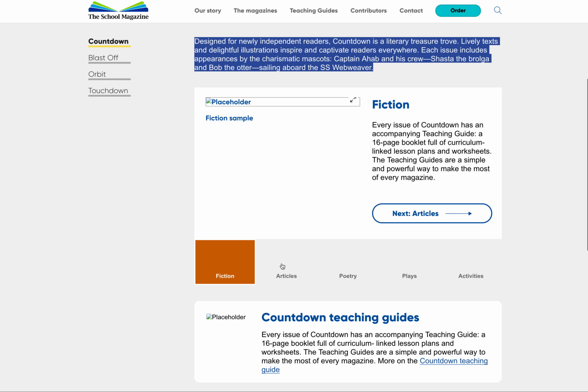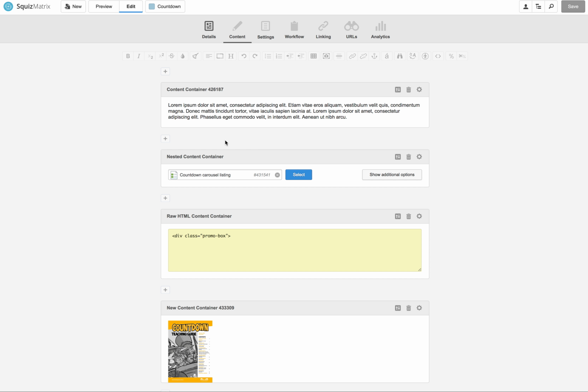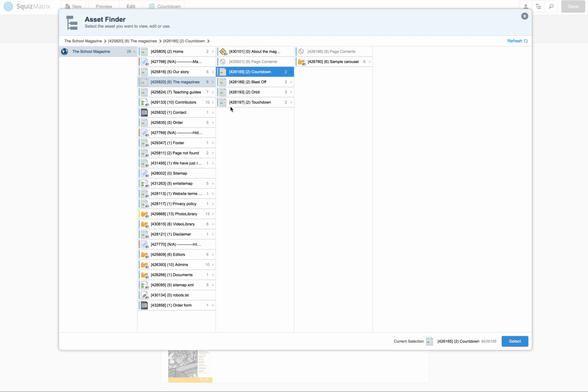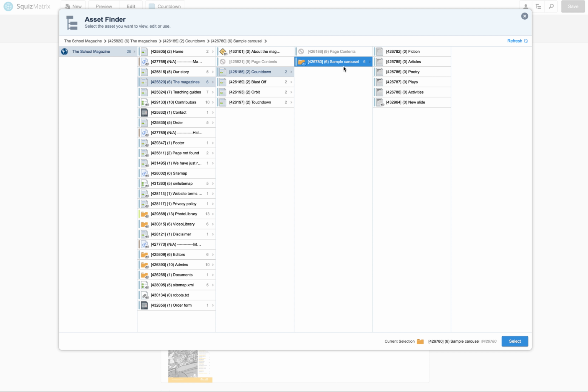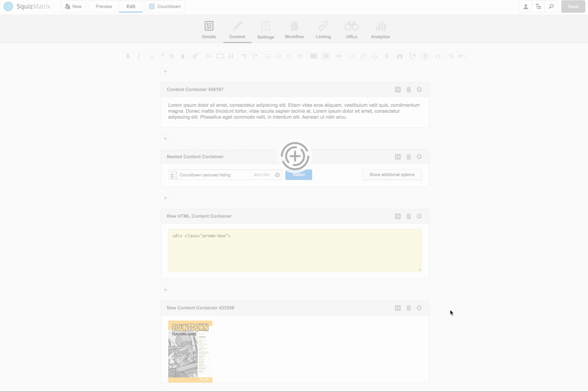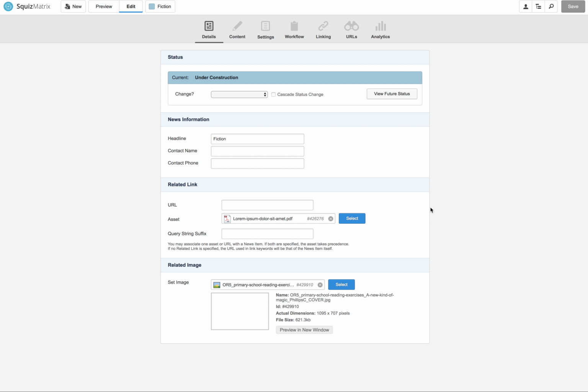it's quite a specific area, so it's not sort of typical content, so it can't be edited in the same way as other content's edited. So to update the carousel, you go to the relevant one. So in this case it's countdown, and then here, and then so if you wanted to update the fiction slide, click on that. There's actually a specific video on editing carousels, but this video goes over the whole page.